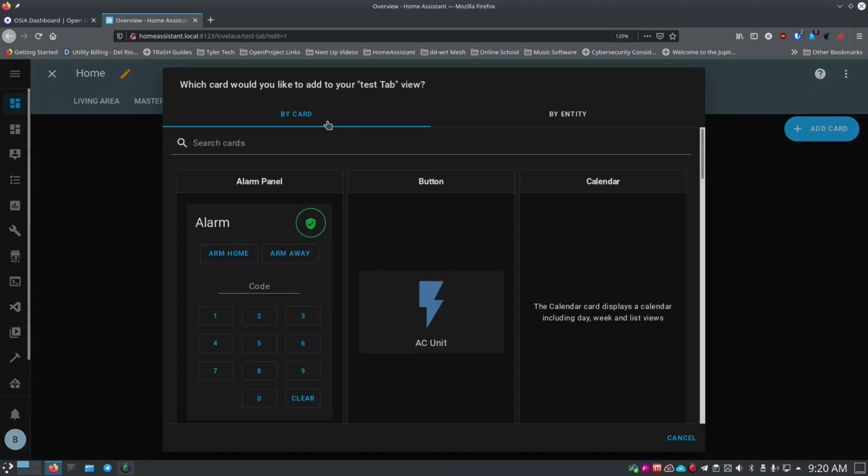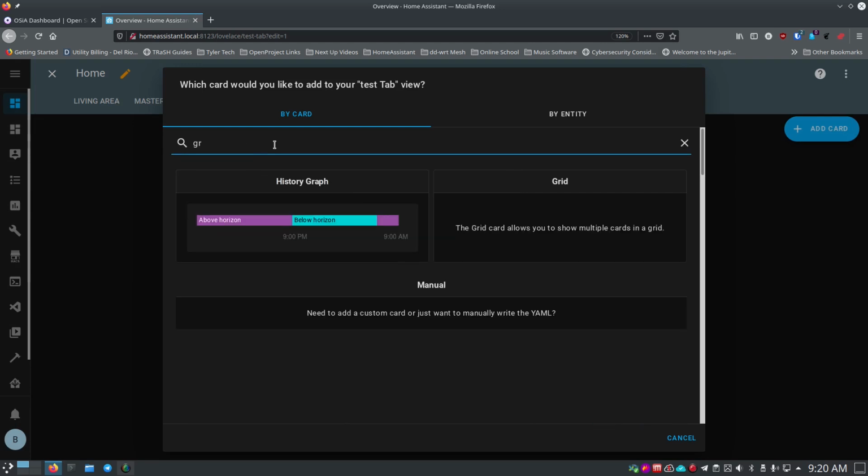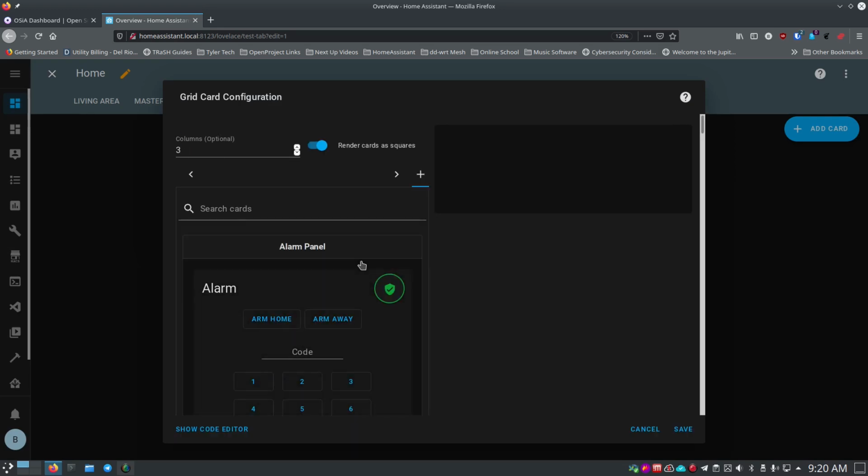So the first thing we want to do is click on add to add an object. And we're going to go here to the search, and we're just going to type in grid, and we want this one here, this grid card. And when this comes up, it tries to build a preview here. Well, there's nothing there yet to preview, but you can see here you have the number of columns, and you can change this by clicking up and down or just typing in the number, and whether or not to make it square. So what we're going to want to do is change this down initially to 1,